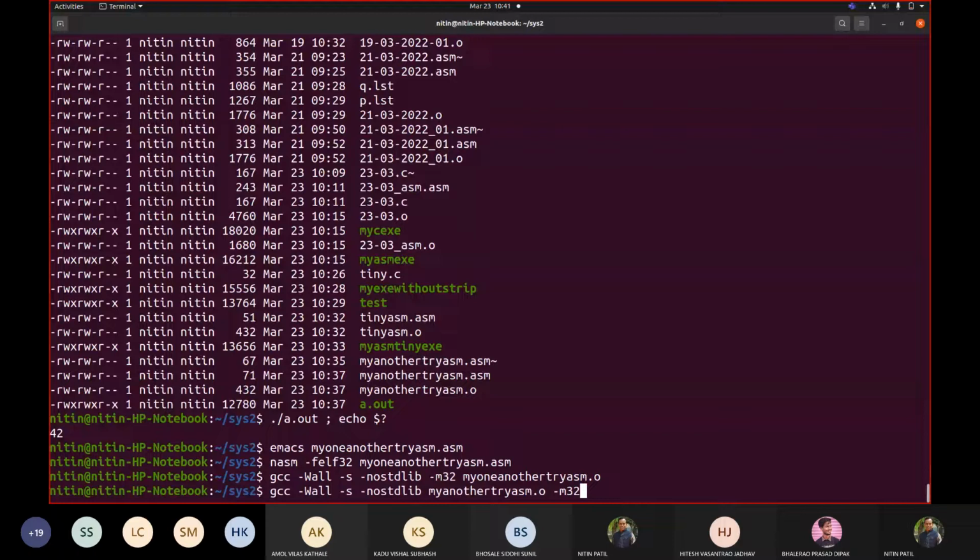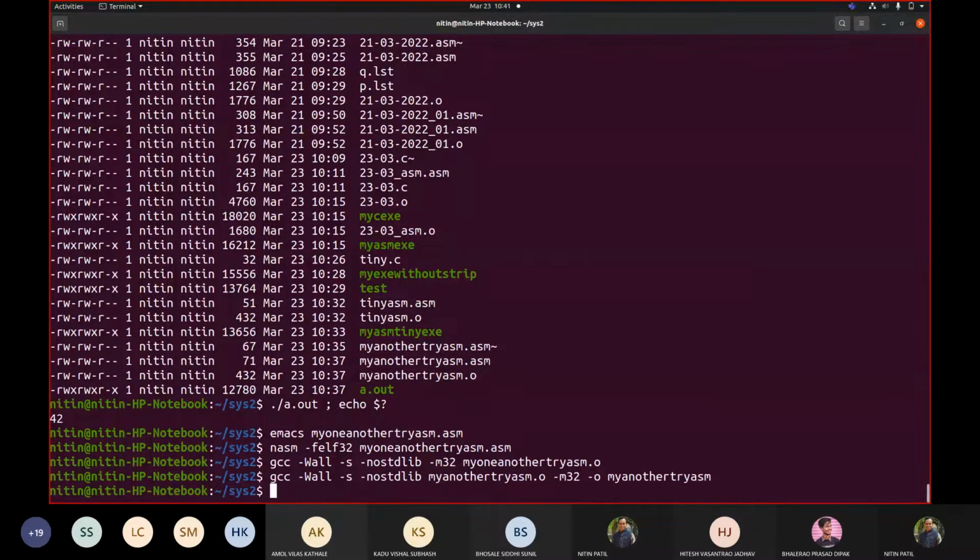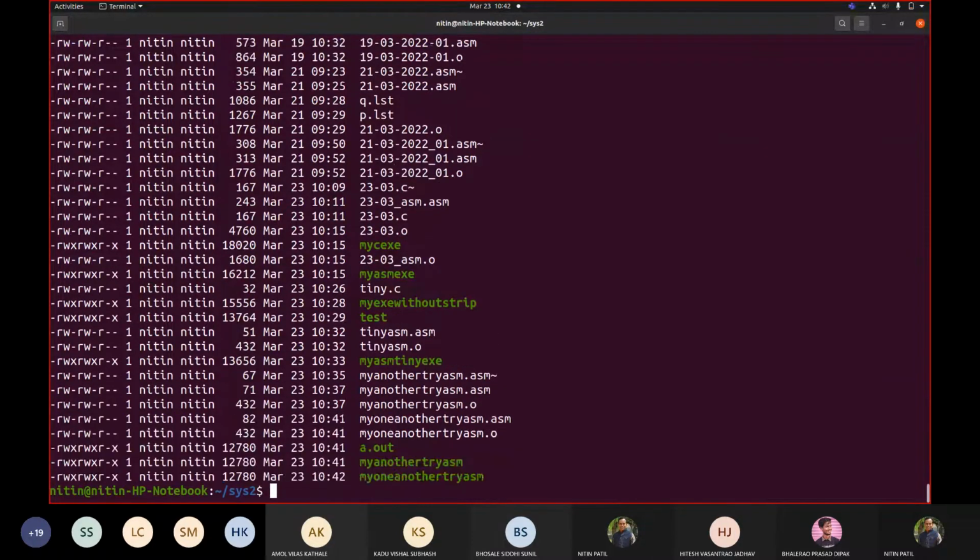Let me give the file name here, dash o, my another try. And here I will give dash o, my one other. Now in both the cases, size is the same, 12780. So though I tried achieving that, instead of writing mov eax, 1,